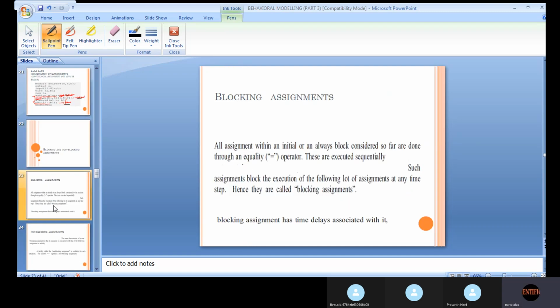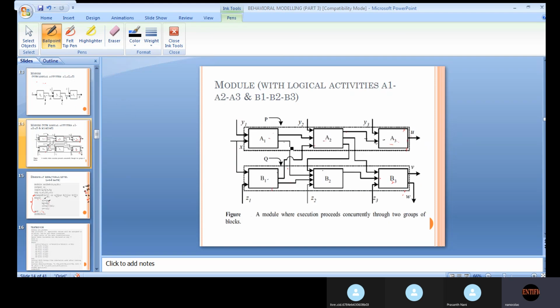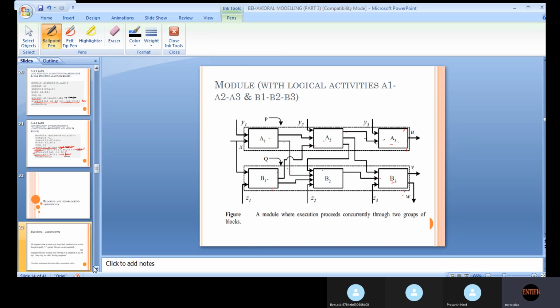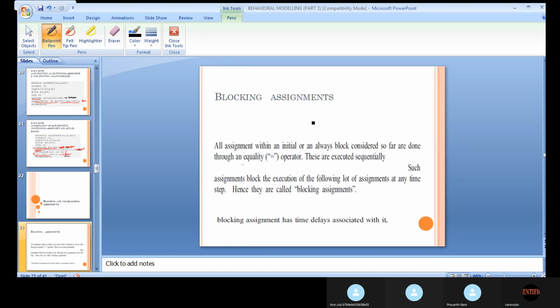ఒక్కొక్కసారి ఎక్కువ అయిపోయి ఓవర్ఫ్లో అయిపోయి నాకు కూడా తప్పులు పోతాయి. ఓకే, సో బ్లాకింగ్, వాట్ ఎవర్ I have shown you here, see the second logic is interlinked with the first one, ఇలా చెప్పాను కదా. సో దానికి we will see here. Okay, so all the assignments, blocking assignment అంటే ఏంటి, all the assignment within an initial or always block considered so